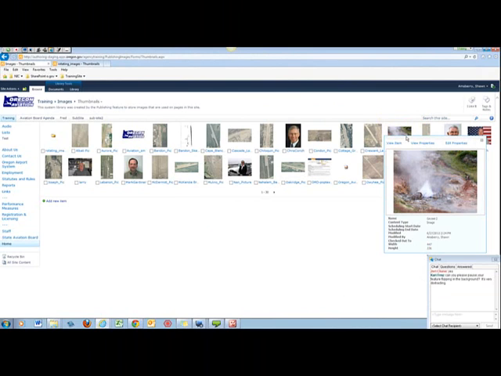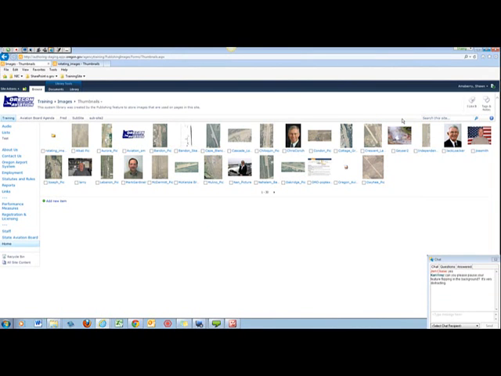That image, depending upon how your images library is set up, could now be ready for use, or it may have to go through an approval process. If it has to go through an approval process, that is something that you can take up with your agency SPOC, because they know how they have set up this library for you. So I'm going to select this,